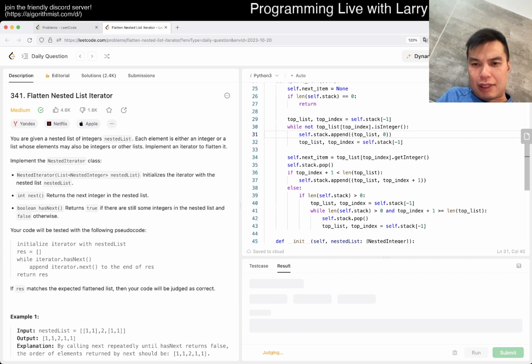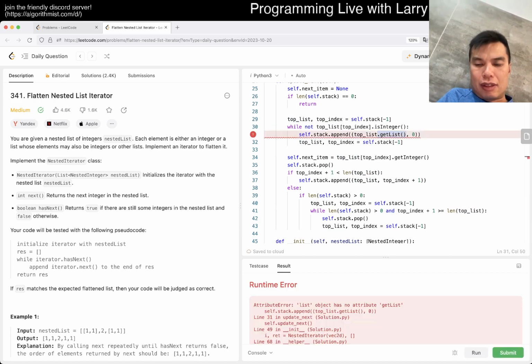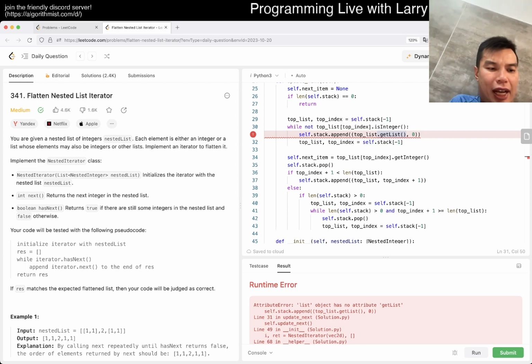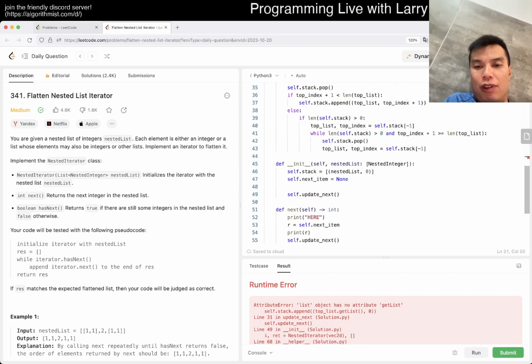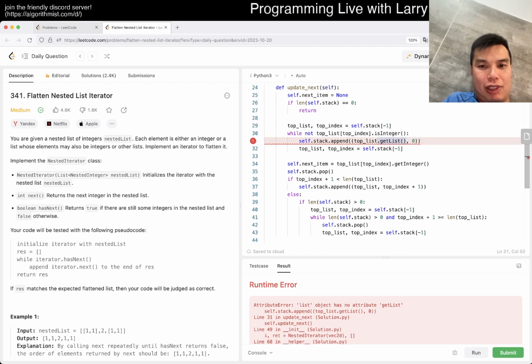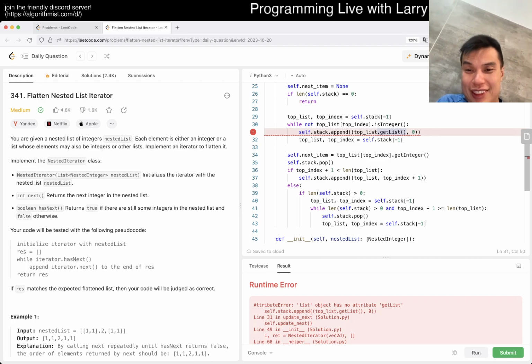This is a little bit confusing. It adds to the top list. No, it gets the list. The list object doesn't have... So, okay. At least now we're actually debugging the code, because I was just confused. It turns out that I was overloading the next function, which is why it was causing this. I don't even know if it's a good bug. It's just confusing. But that's the magic part of Python. That's a little bit sad, but